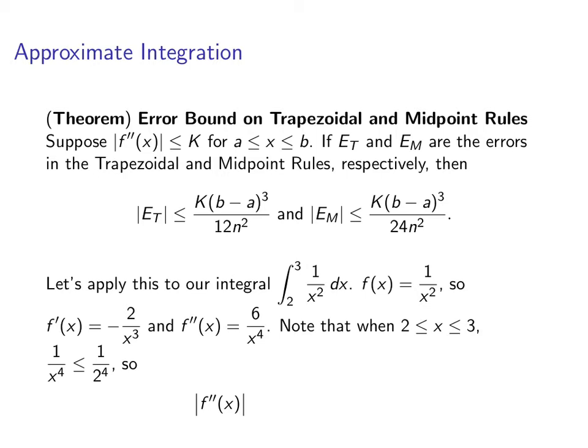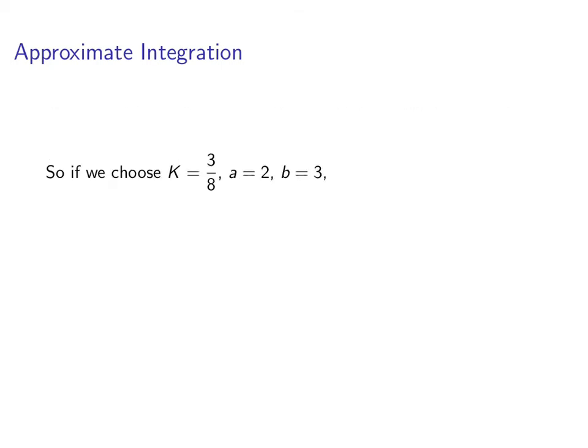So the absolute value of f double prime of x is equal to the absolute value of 6 over x to the fourth. And now that's smaller than 6 over 2 to the fourth, which we can simplify to 3/8. So if we go ahead and choose K equals 3/8, a equals 2, and b equals 3,